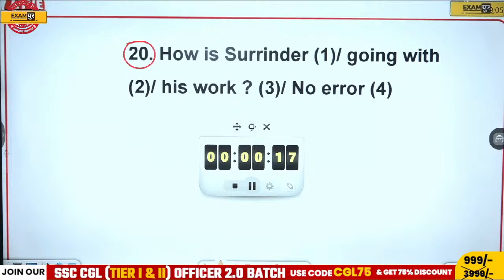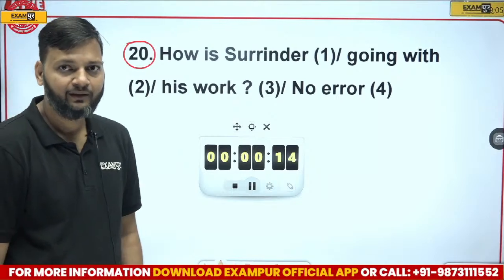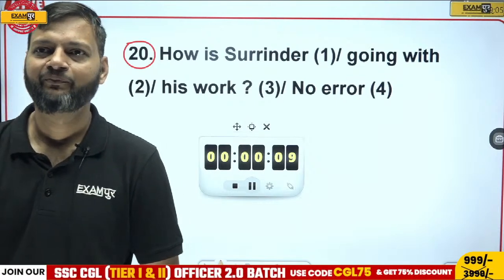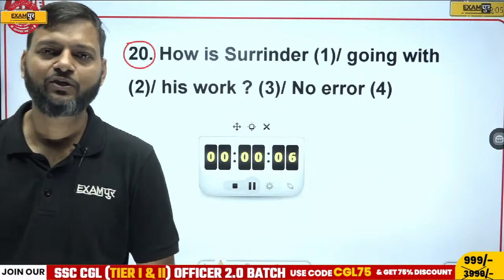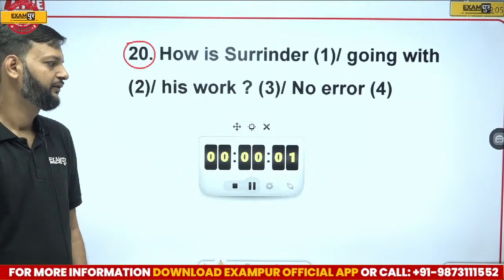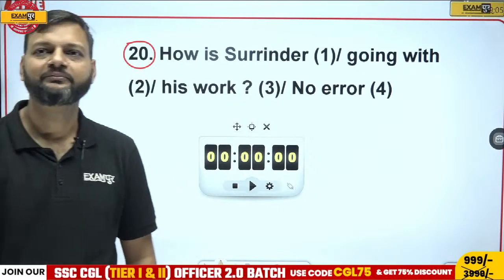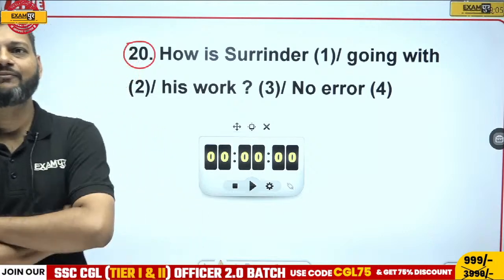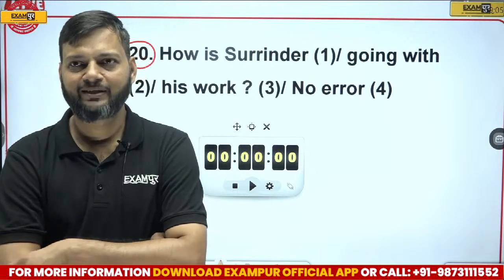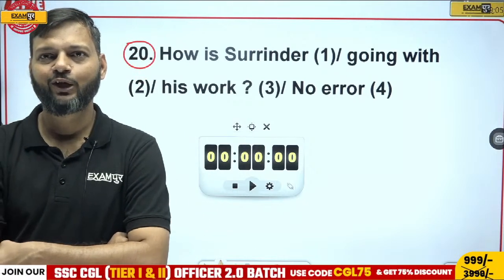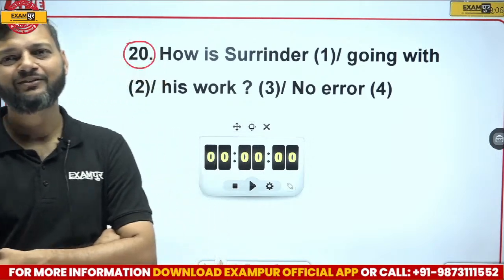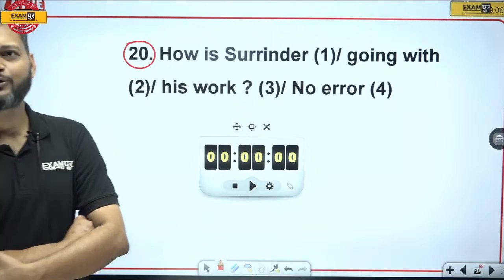Dimpy, where are you? You told me that this is your favorite section, spotting errors. Now I am not able to see your comments. Time up. Only Prajwal and Vikramadit have been answering. Dimpy, where have you lost? This is supposed to be your favorite section, no? Spotting error. Now I would like to hear from you.